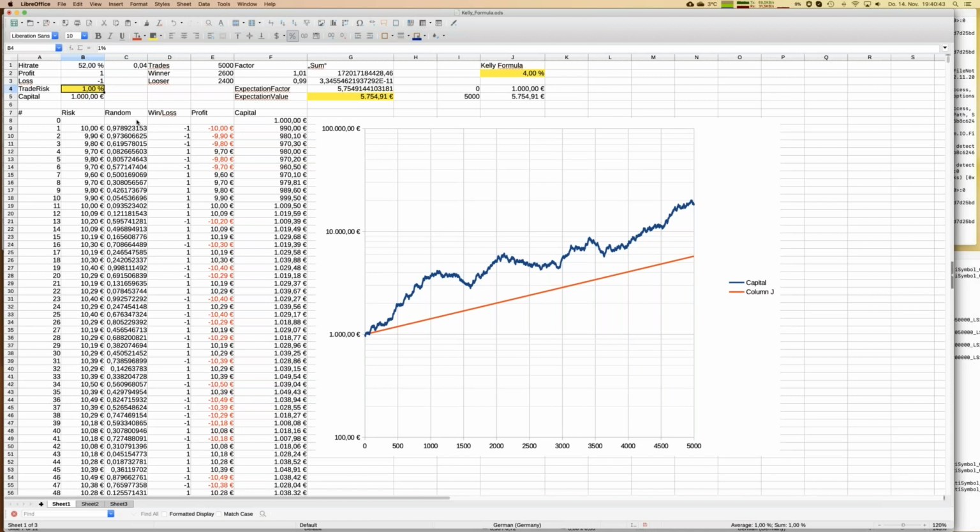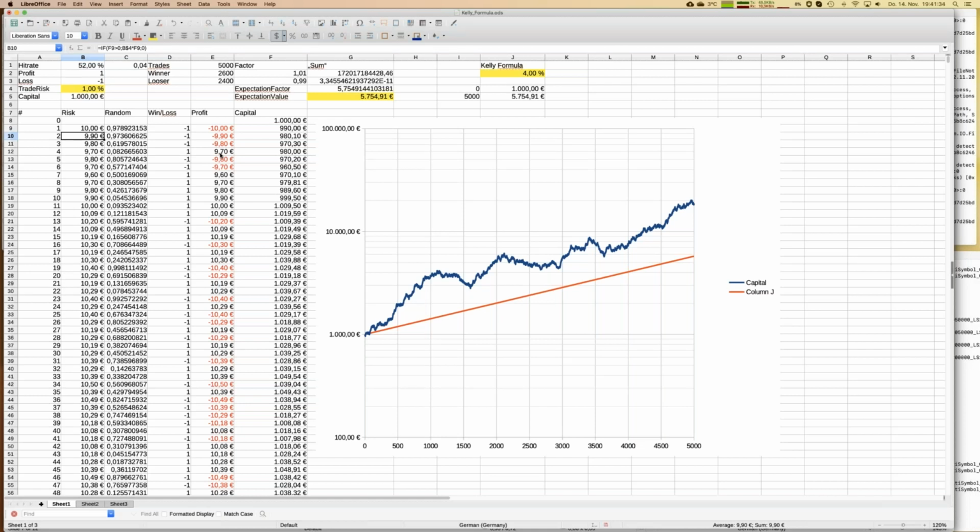Okay, but now we are doing something different from previous. And you see, just if you follow here the lines, that for our first trade, we risk 1% from our capital, which means 10 euros. And in this case, unfortunately, we lost with our random numbers here. So after the first trade, we have just only 990 euros. That would mean that for the next trade, we will risk 9.90 euro. And in this case, we lose once again, and so on. And here's the first winner trade. And you may already realize what's the basic problem and why you should, and I will show you in a second,